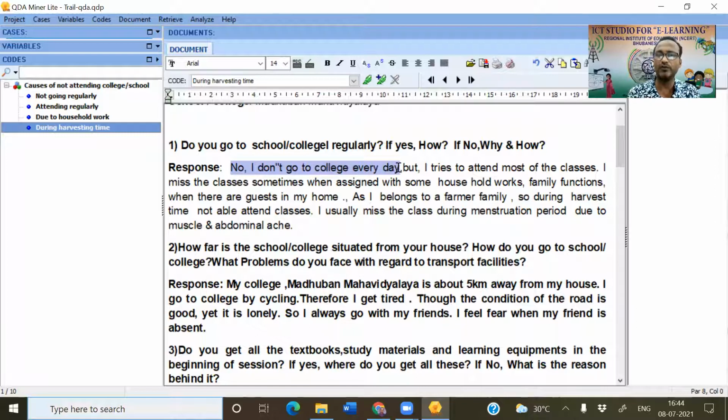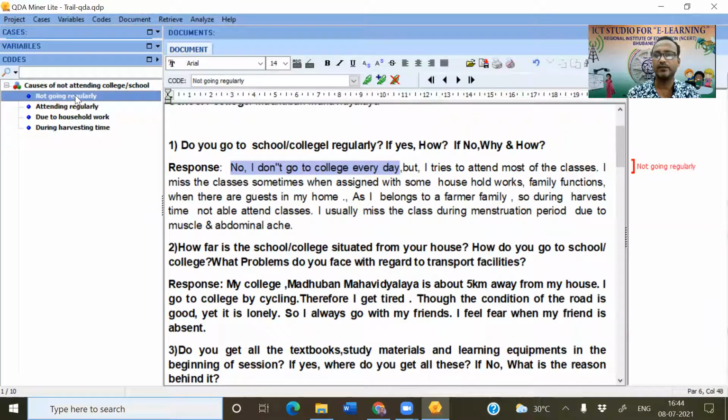I have selected this one, and I want to give it the code "not going regularly." Just double click here, and you see on the right side the coding has come. If I click on the coding, you see the category name, the code name, and the date of creation coming.